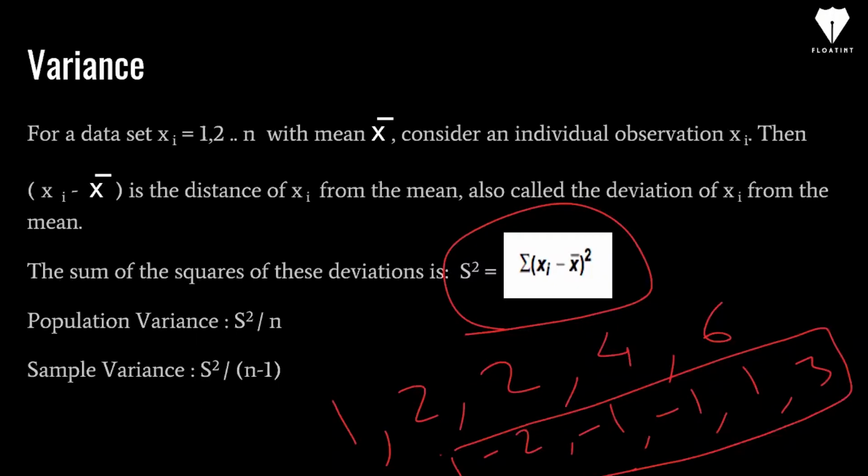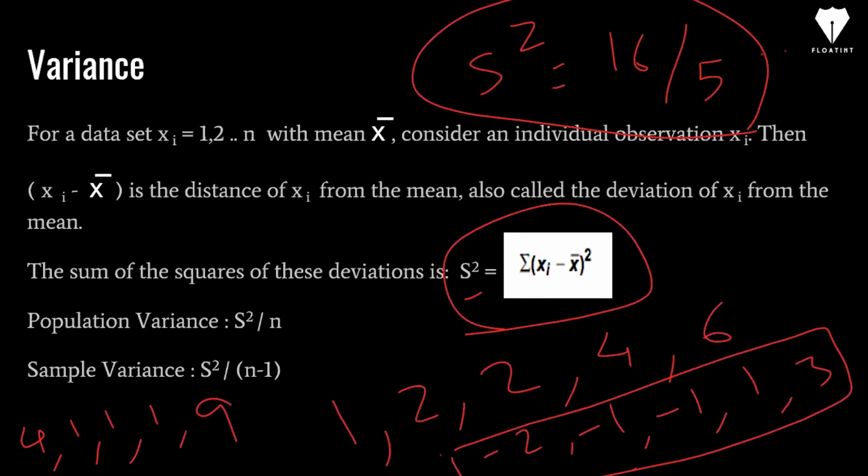Now what you need to do is that you need to square them up. So the square of each of these values will be, first one is 4, 1, 1, 1, and 9. Okay. After doing this, you have to sum them up. So 4 plus 1 is 5, 6, 7, and 9. It's 16. So 16 divided by 5 is your value of the variance, that is S square.